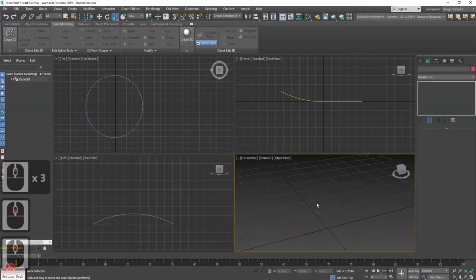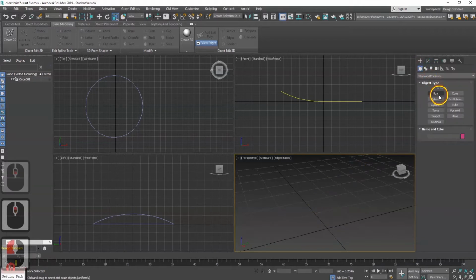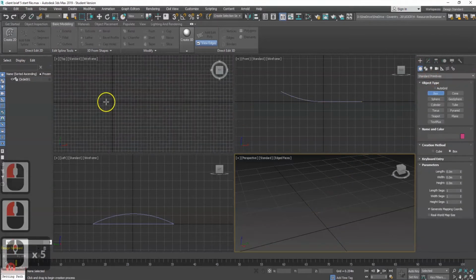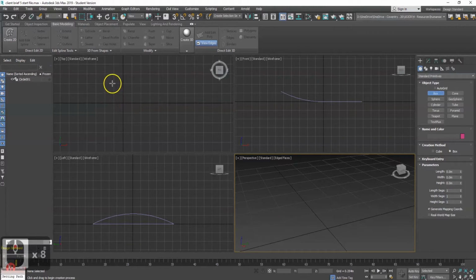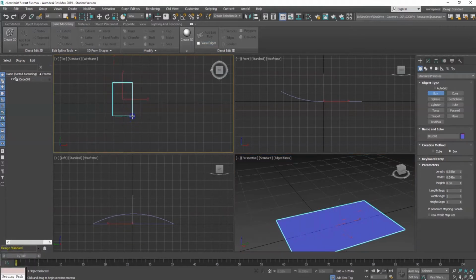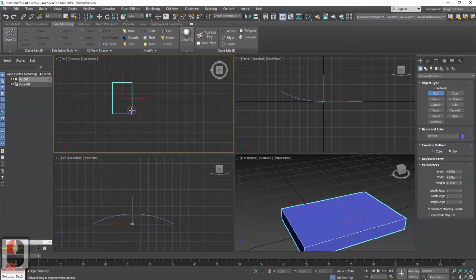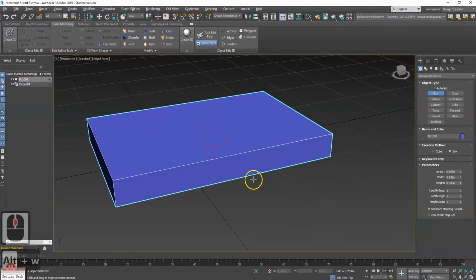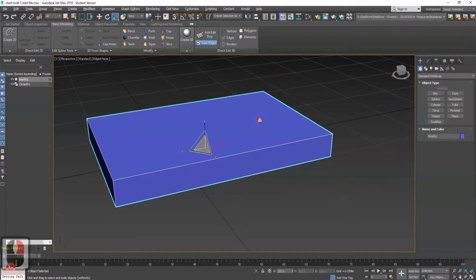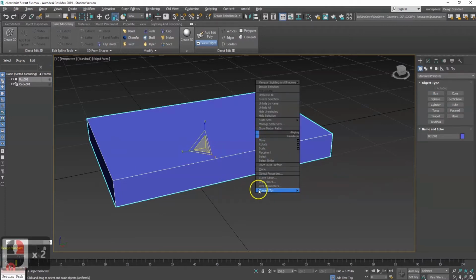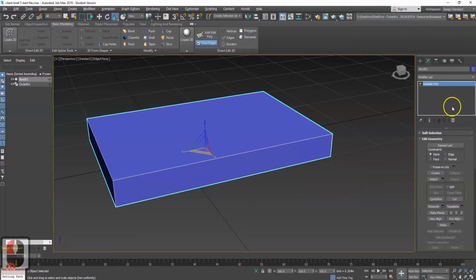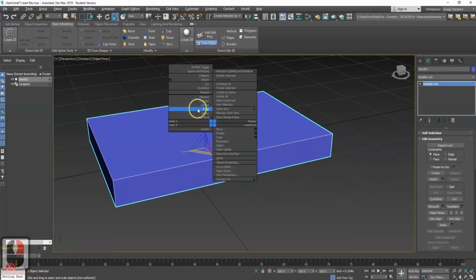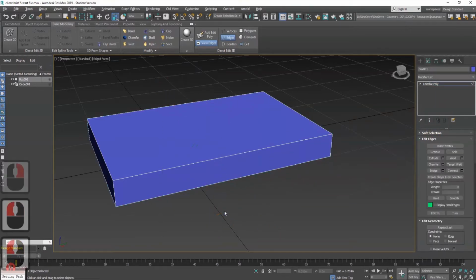So what I'm going to do is start by making a nice little rectangle, just as an example of what I'm going to do, and this is going to represent part of our track. Okay, so I'm going to right click, make this an editable poly, and add in a few more